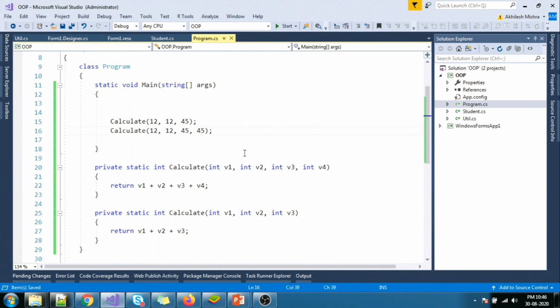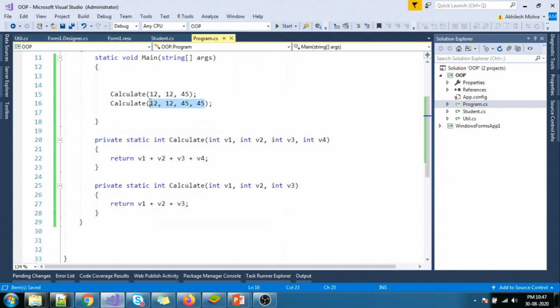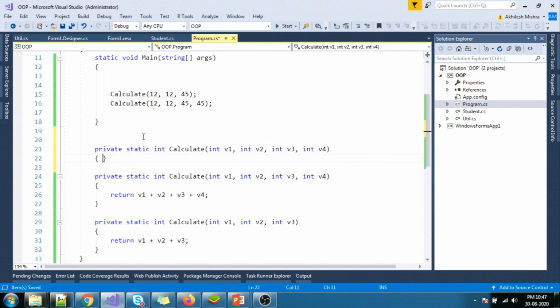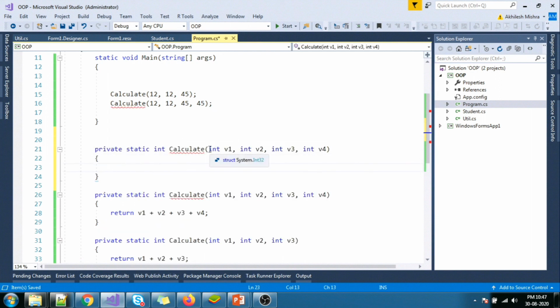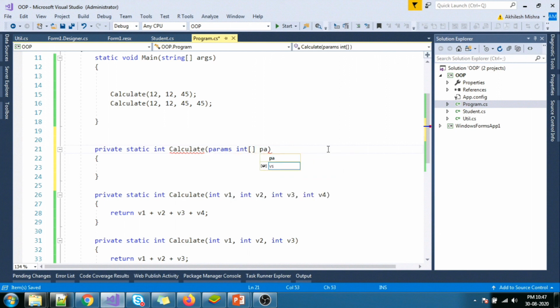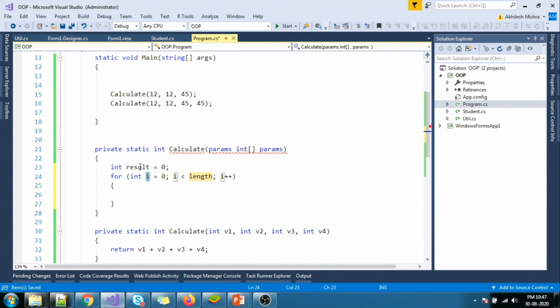Now, what if I write a function which will be taking all the number of parameters that you pass from a function, basically an array of integers? I'll just make use of this existing function, and instead of using these 4 parameters, I will be using params int array, say params, and I'll just use 0, and I will use foreach over here, foreach, foreach tab, int and params.